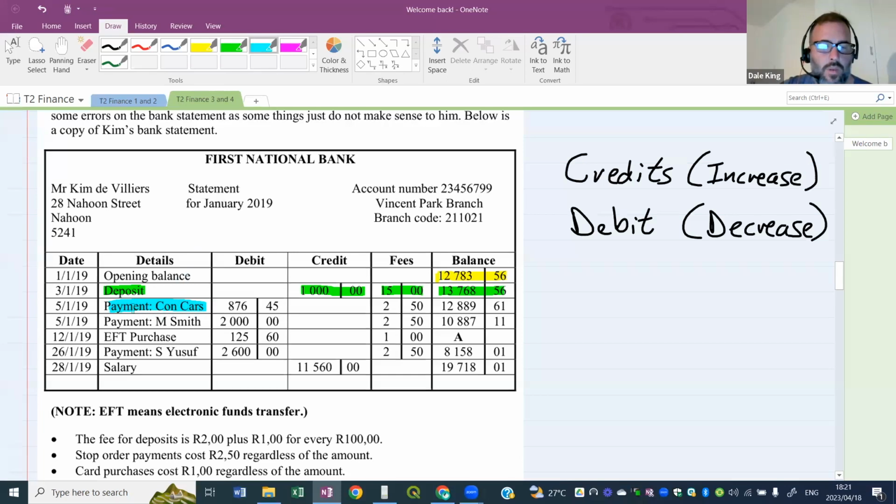It doesn't say stop order there, but we know down the bottom here, stop orders are 2 Rand 50. And this transaction cost 2 Rand 50. So this must be a stop order. All right. A stop order is